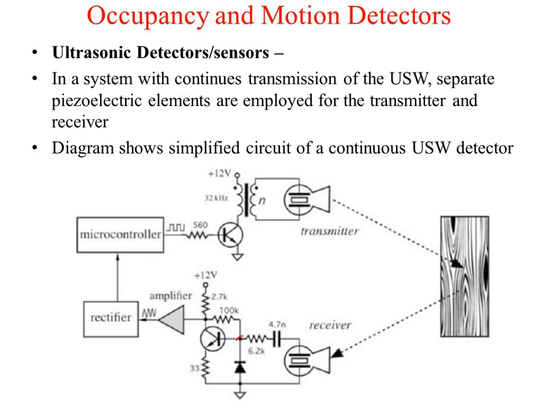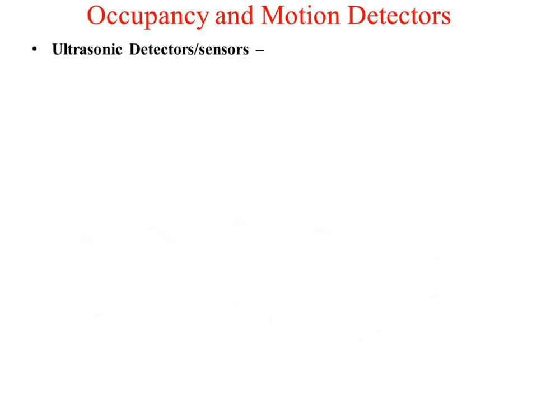So this is the simplest diagram showing how an ultrasonic transmitter and a separate receiver can be connected. But whatever module I have shown you is directly connected to the microcontroller. Through your practicals you will come to know how to connect such kinds of sensor modules directly to your Arduino boards or directly to your controller boards.